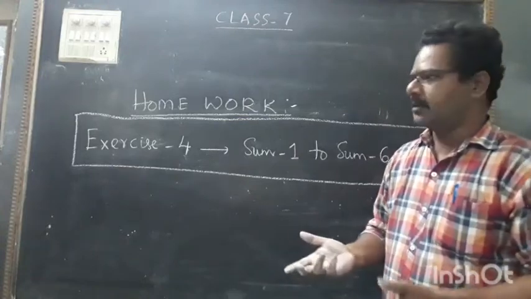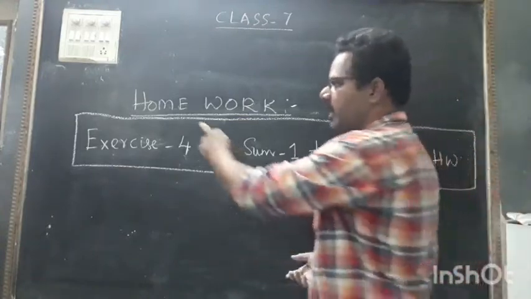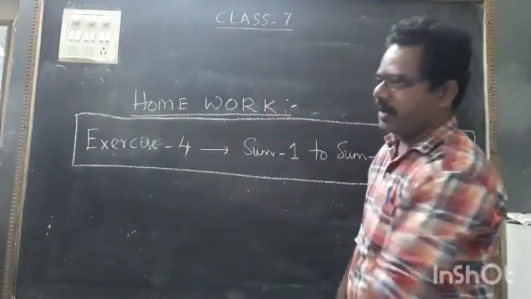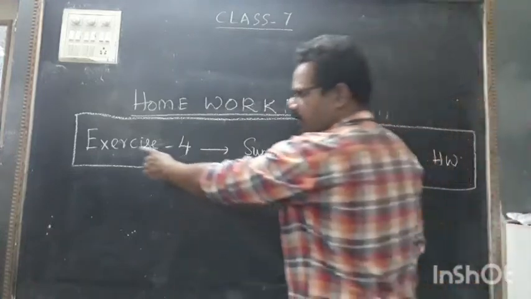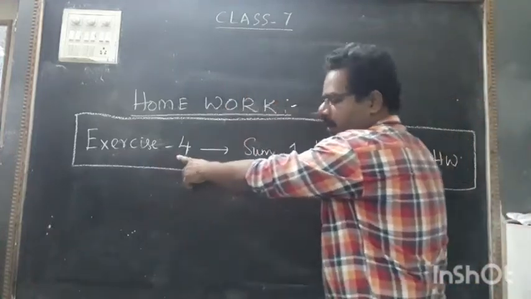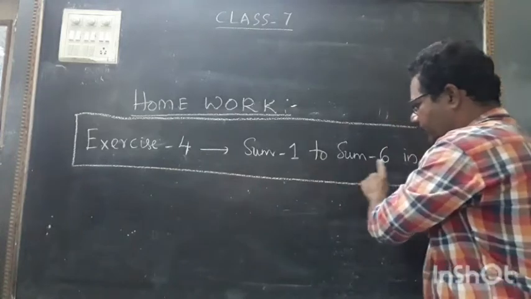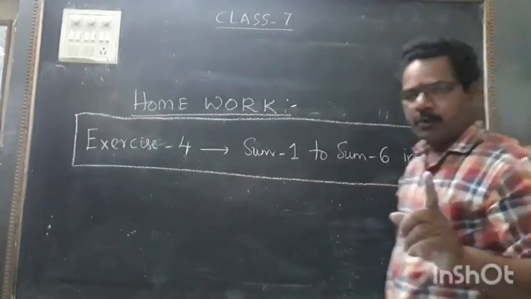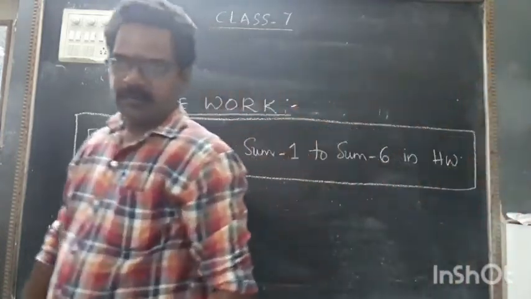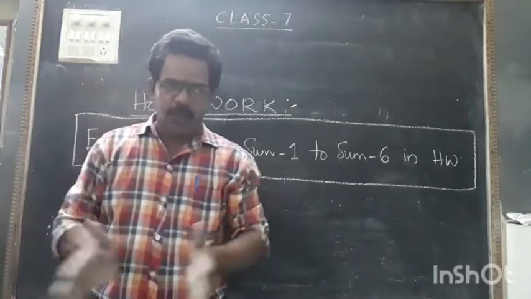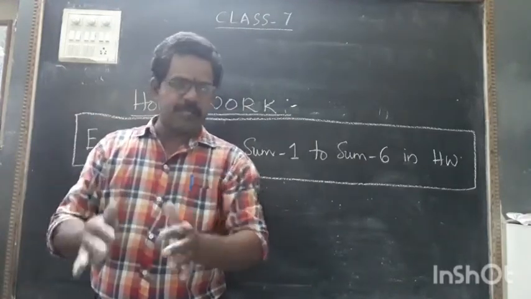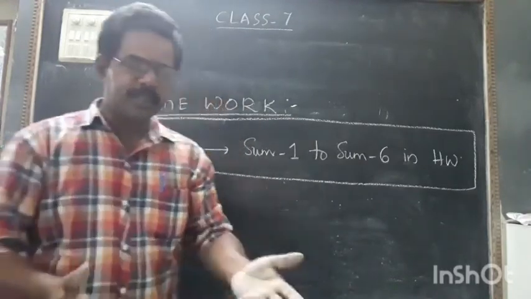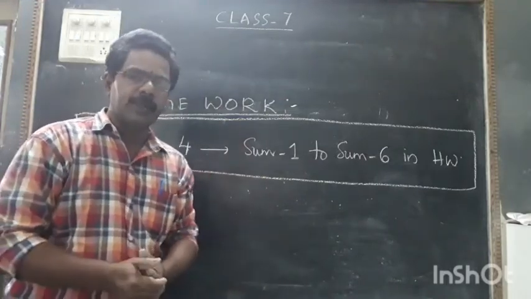Okay, solutions. But now what you have to do is, I am giving you some small homework. Homework is nothing but the exercise 4 I explained to you. That is sum number 1 to sum number 6. You have to do it in your homework book. In the classwork I have given you the total working. First 1, 2, 3 sums are only multiplication blanks, multiplication of integers, and the 6th sum is also multiplication of integers.